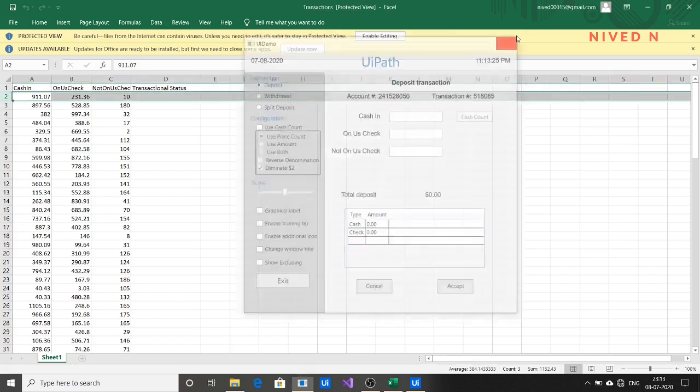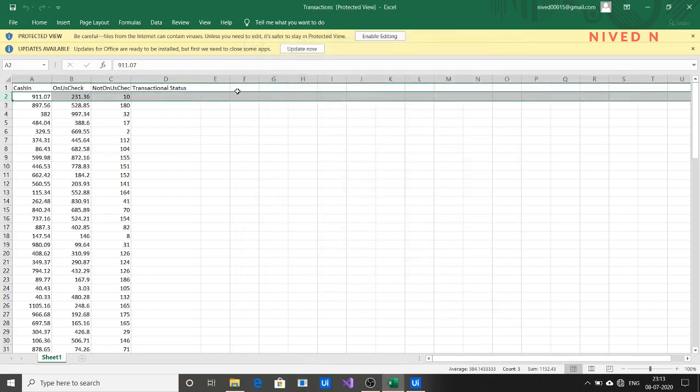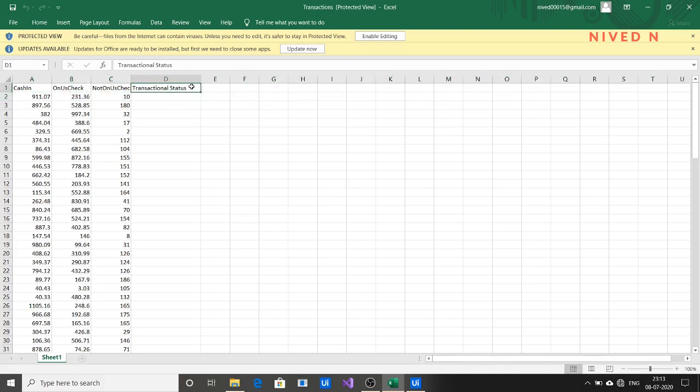In addition to these three columns, I have added a transaction status column, which indicates whether each transaction succeeded, because in this tutorial we are using the data table method in the REFramework. Since we are inputting these values into the UI demo application, we have to know whether the transaction has successfully occurred or not. We can use the transaction status. It will either give success or failure. That we will see when we come to the automation. So let's start with the automation work.